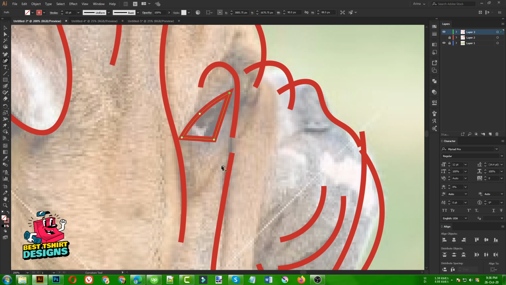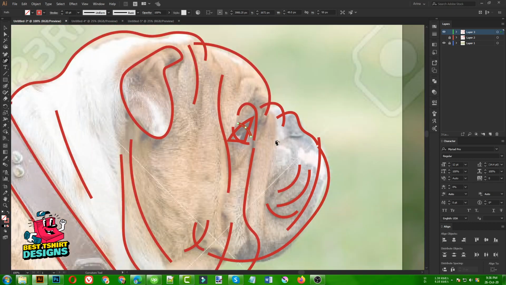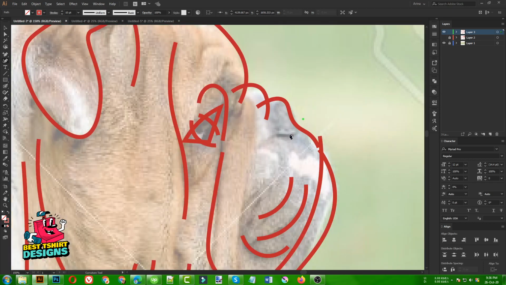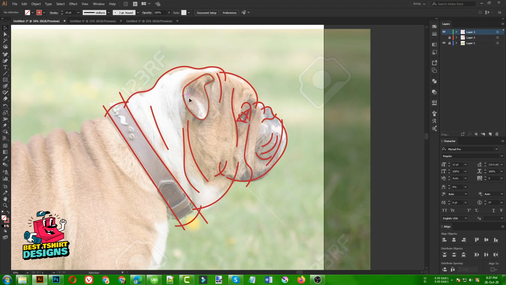So I'm making the eye area like this, just to draw the eye shape here, nothing else. We will not need too many details in our design, just some random lines, whatever you can see or feel will look good on your design. So that is it. Once our line art is complete, just like this, I am not going to make the full body.